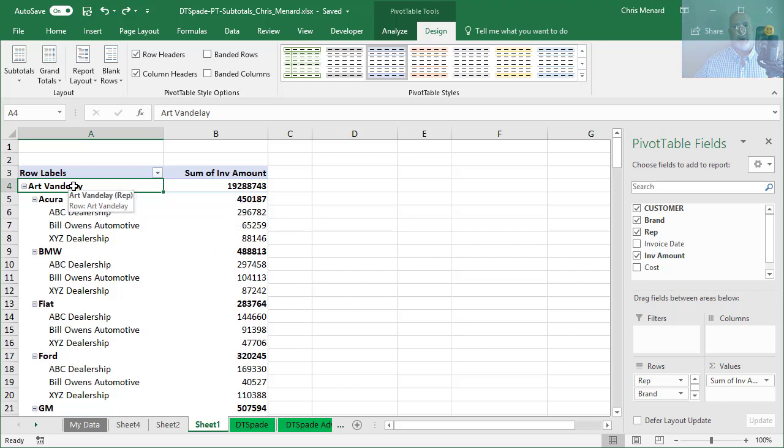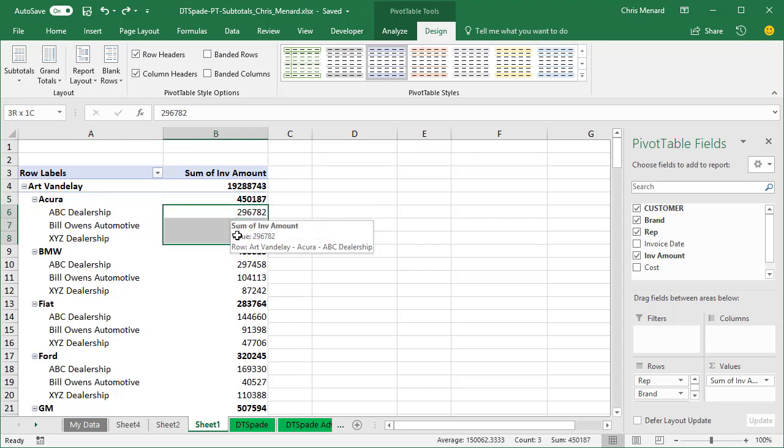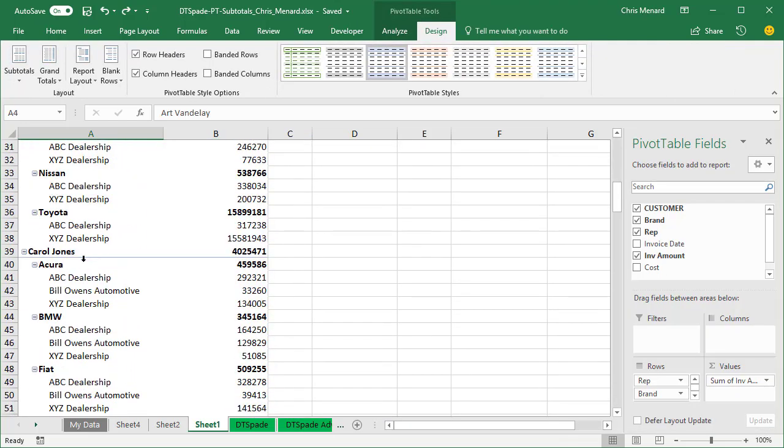Row number 4 has Art Van Delay, and you can see the total amount there. And then listed still in column A are the different brands of cars. So as an example, Acura is 450,000. That subtotal is coming from those three numbers if you look down in the bottom right. After Art Van Delay, the next rep is Carol Jones in row 39, and there's her total, and then there's